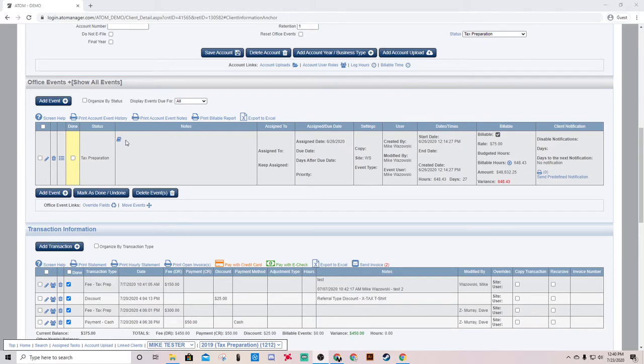Here we're going to be going over the Office Events section within a client file. We're going to be talking about what this banner does, the Add Event button, these links here, and also what is in these columns. So starting at the very top, we can click on this Office Events banner, and when